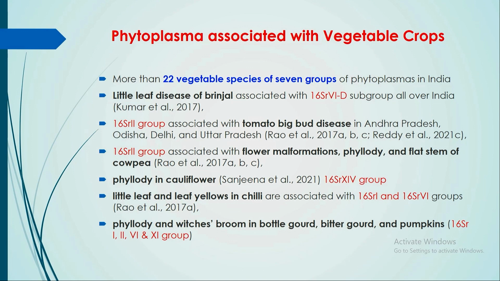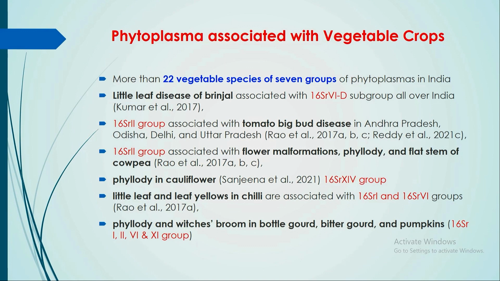Now come to the vegetable crops. In India, we grow all sorts of vegetables. So far, we have reported 22 vegetable crops as hosts of phytoplasma of 7 groups in India. Out of these, little leaf disease of brinjal is the oldest one and is still causing severe losses in most of the different states of India, and mostly dominated by 6D